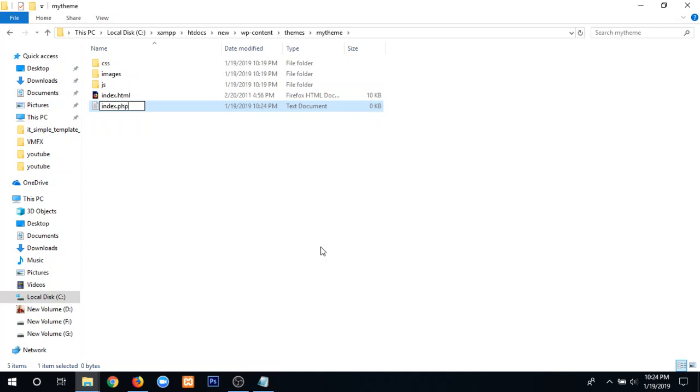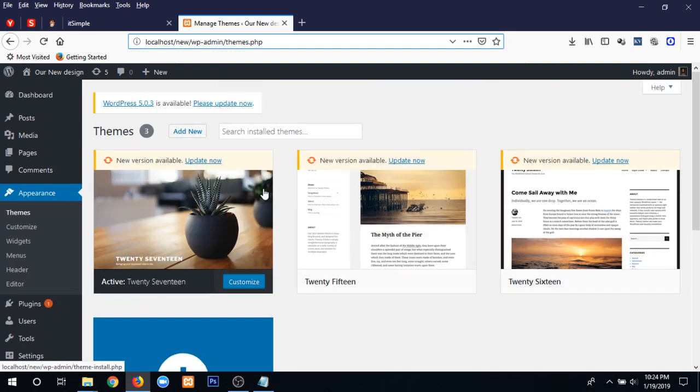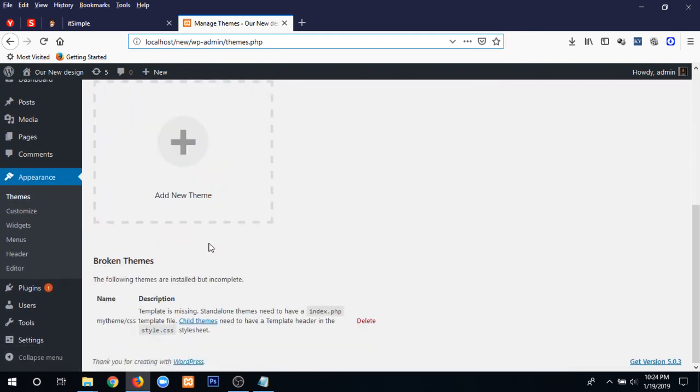index.php. If you just create a file index.php and save it, let's refresh our page. The template is missing error is showing again because, here you can see we have created index.php, but there are two options which you are bound to follow. One is the index.php file, you have to create this, and another is child themes need to have a template